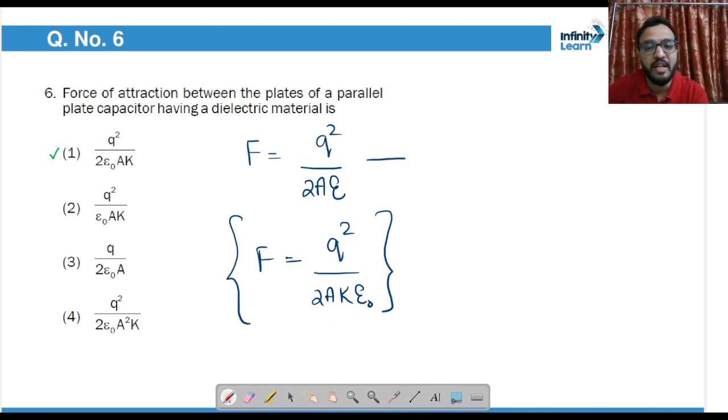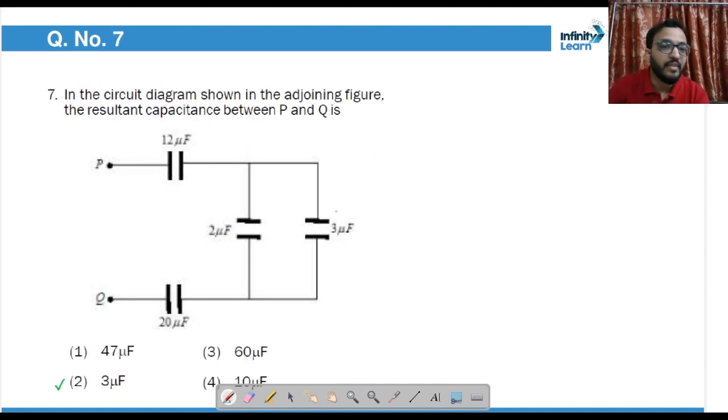Okay, this is the formula that you have to remember. You can't do anything about it, right? Now, in the circuit shown in the adjoining figure, find the resultant capacitance between P and Q. See, 2 and 3 are in parallel, so they will be directly added, so they will become 5. So it will become 12, it will become 5,